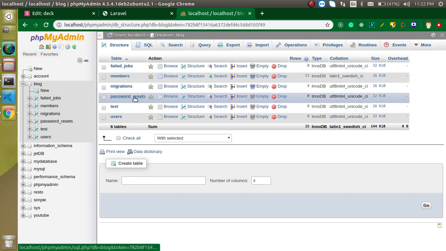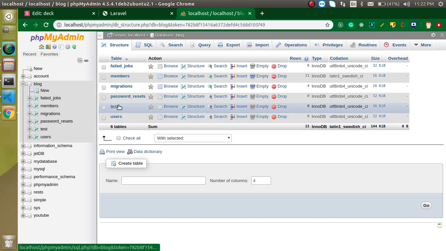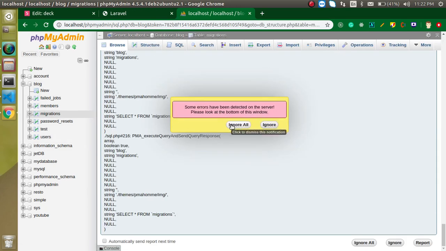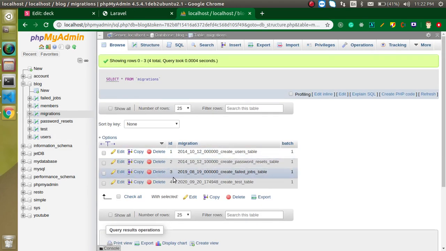Then we have the password reset table that we created, and users, and another one is migrations, which is not actually present, but the migrations table is made by Laravel itself to keep a record of every table. So here it has the 4 tables, so that Laravel knows how many tables I created by migration, right?